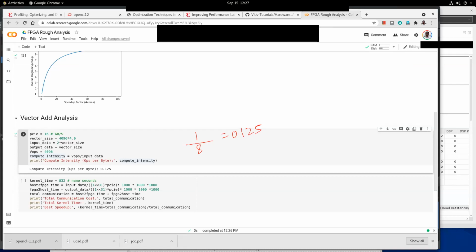If it is matrix vector multiplication, what is the compute intensity? If it is matrix multiplication, what is the compute intensity? If it's a convolution operation, what is the intensity? This compute intensity is something you have to check.